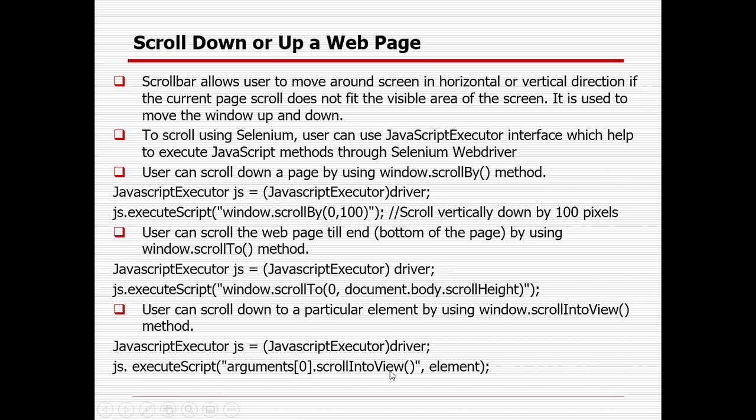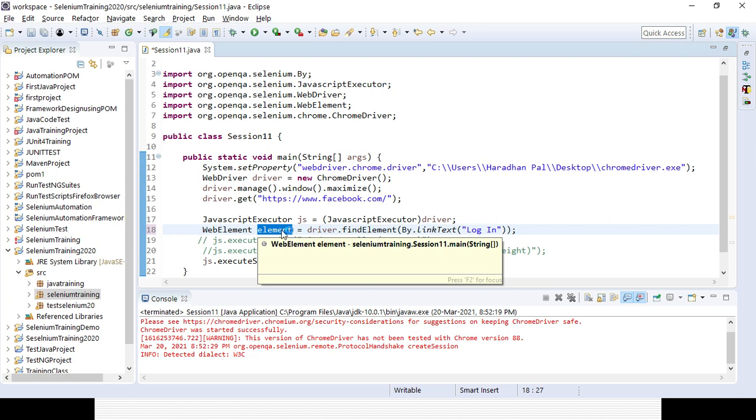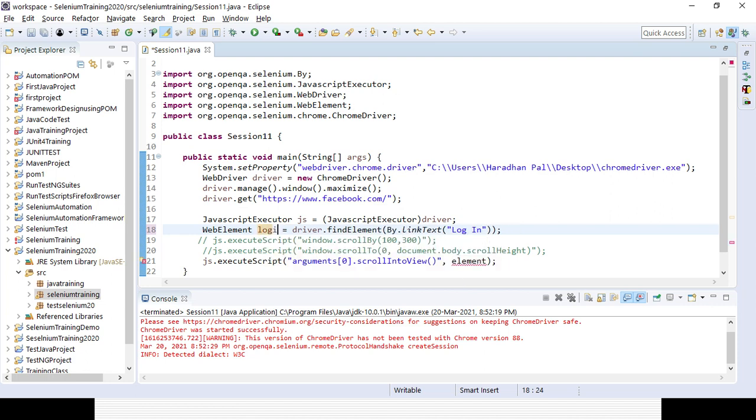This is the method name, and here you need to give the element reference. So I am creating a web element called login, and I need to give that reference here. Okay, so it will move to that position. After that it will click on that, so login.click.